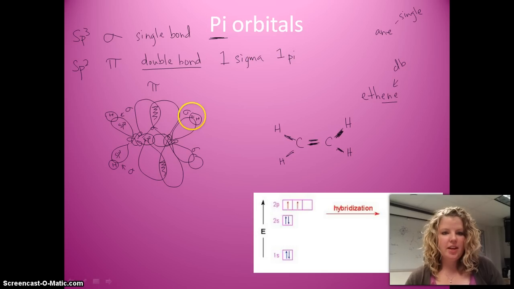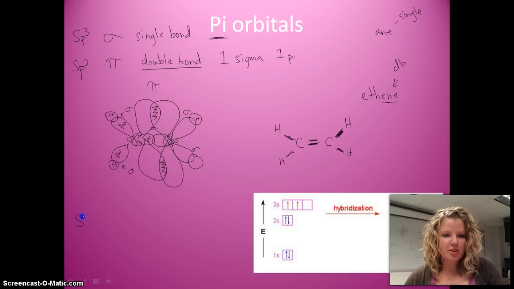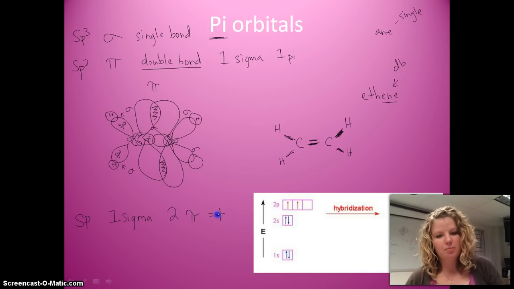And then a triple bond is even more confusing, which we're not going to go into, but as long as you know that an sp hybridization is one sigma bond, I don't know why I'm writing this out, and two pi bonds. It's going to be a little bit more confusing. It's 2 sigma and two pi bonds, which is always going to be a triple bond. So when you see something